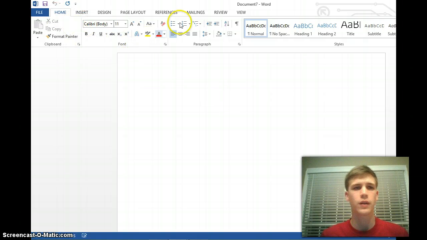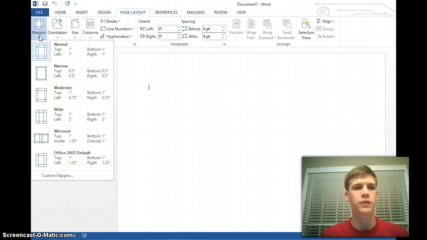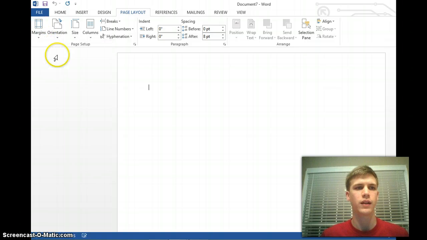First thing we're going to do is go over to Page Layout. It's the fourth tab over, third tab from home. And we're going to set our margins up. MLA format says that all margins need to be 1 inch. So if your paper is not already set on normal, just go ahead and click that. We're going to go back to the Home tab,